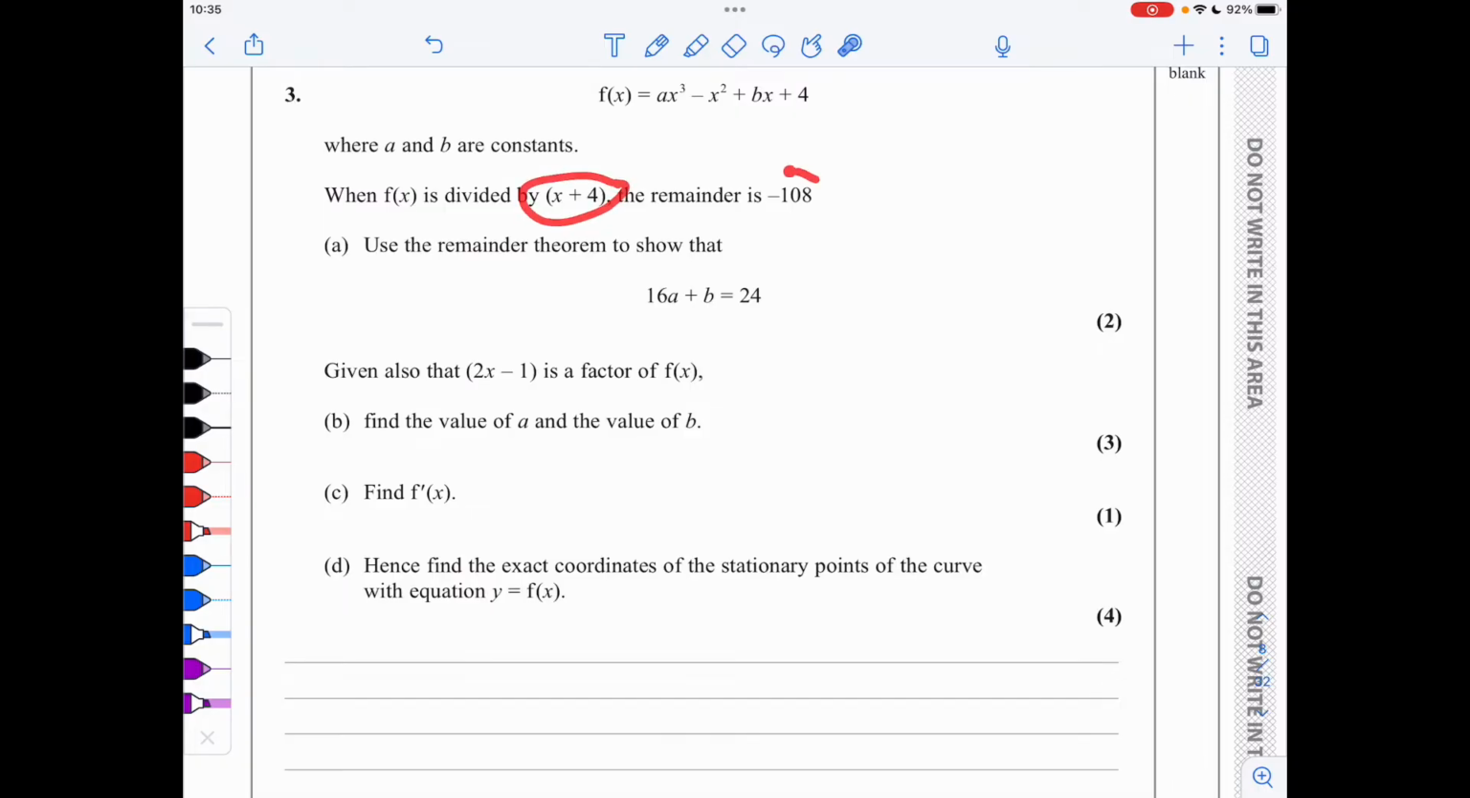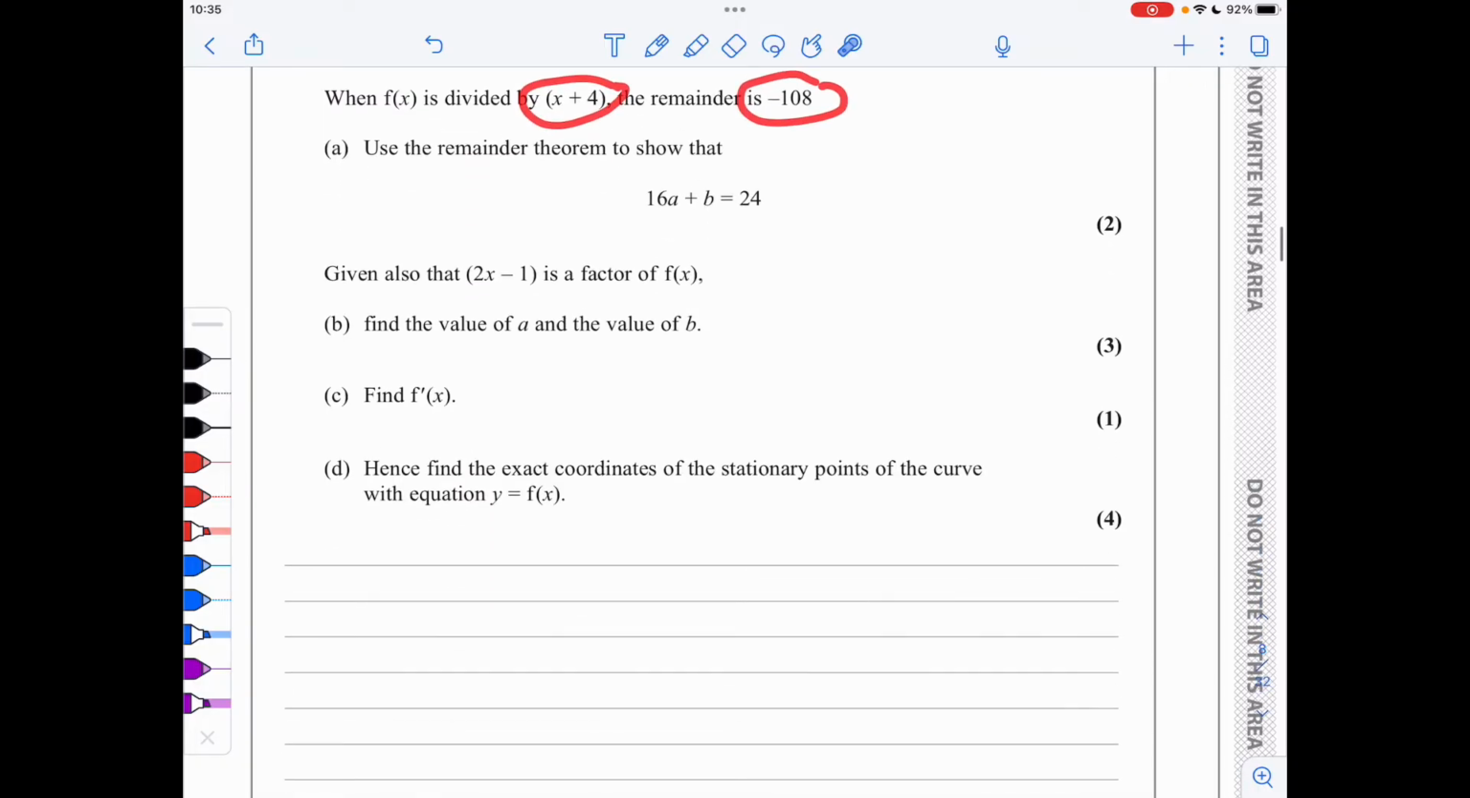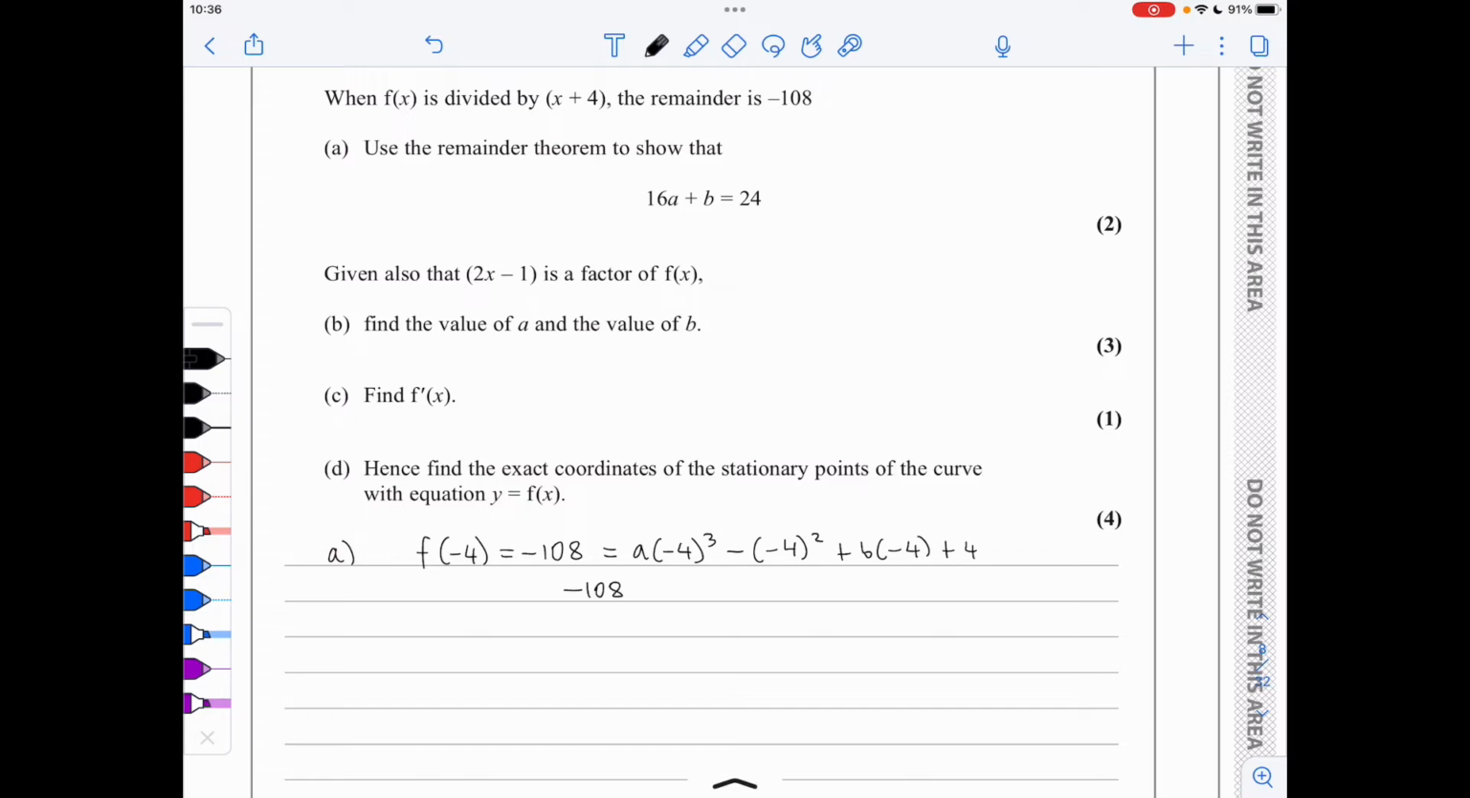In question 3, we've got f of x given here, and we are told that when it's divided by x plus 4, the remainder is minus 108. This means that f of negative 4 is minus 108. So we will be substituting x with the value of negative 4, which means that minus 108 is a times negative 4 cubed minus negative 4 squared plus b times negative 4 plus 4. So minus 108 is minus 64a minus 16 minus 4b plus 4,